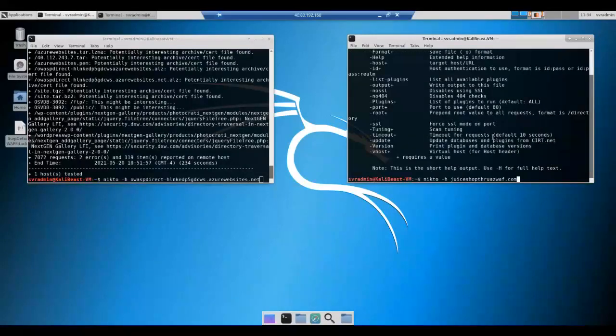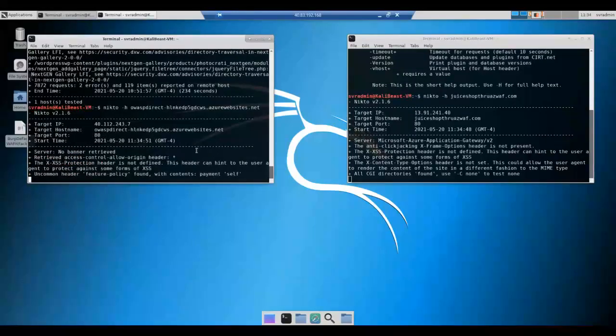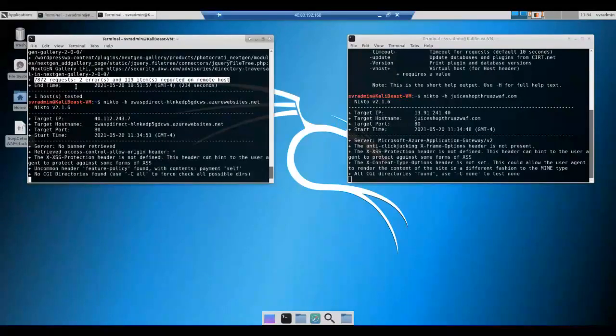Yeah, let's go ahead and run this, and we will be looking at what the output looks like. I want to call your attention to the fact that we've already run this test in preparation for this lab, and as you can see, when we are trying to hit the web application directly, the open source scanner has already identified 2 errors and 119 items,